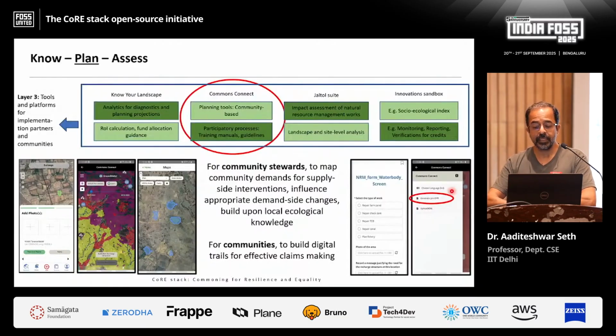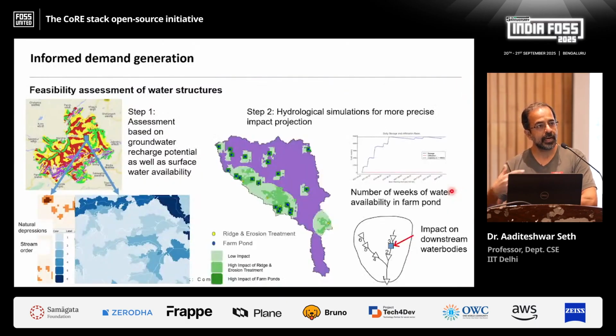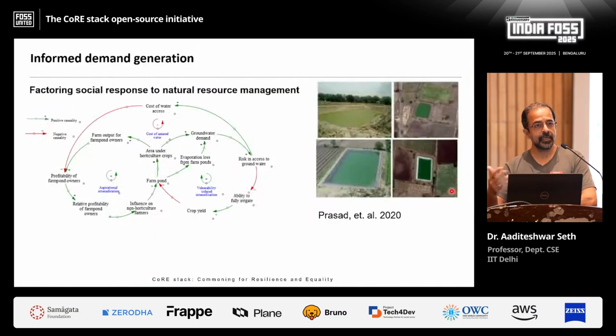Because now in this DPR, we are saying that this community wants this structure, and we're also attaching a score with it, that this is actually the right location for this structure. If a structure were to be built, it will have these kind of benefits, this kind of water availability, and so on. Then it becomes very difficult for anybody to deny. And that is the whole part about adding transparency and social accountability that I was talking about.